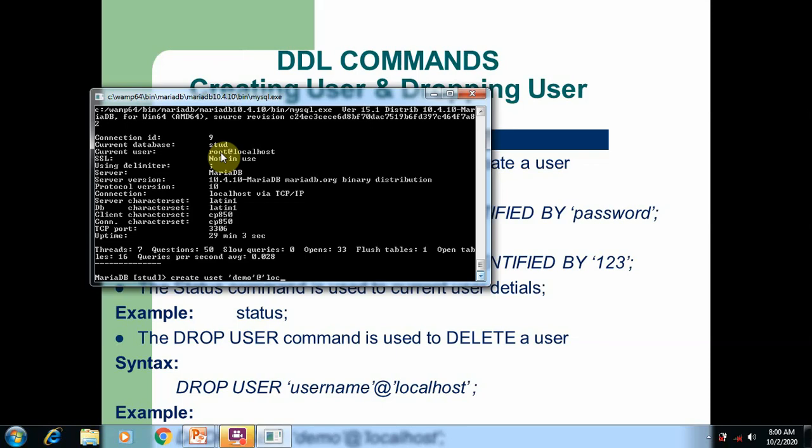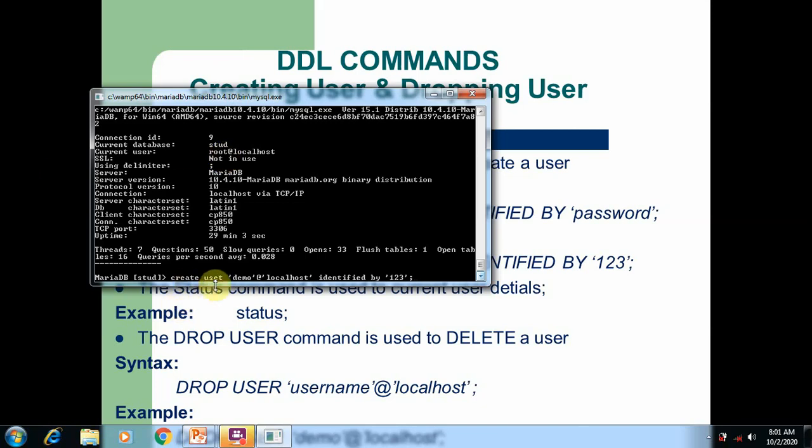If you are using a local MySQL, then you should use localhost. Otherwise, you should use the IP address of the server system. Then identified by, the keyword in the syntax, and then type the password, simply 123.